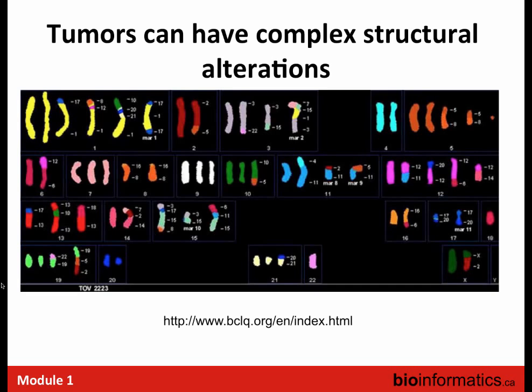And this is a figure you've likely seen on several introductory cancer genomics talks, really just illustrating a technology called SKY, where each chromosome gets its own color. So in a healthy normal cell, you'd see pairs of yellow, pairs of red, just like the original karyotype I showed. In this case, you can see this genome is completely scrambled. Different pieces of different chromosomes are all rearranged and stuck to one another. And this is really a major bioinformatics challenge, is just detecting which rearrangements occur and then mapping specific rearrangements to